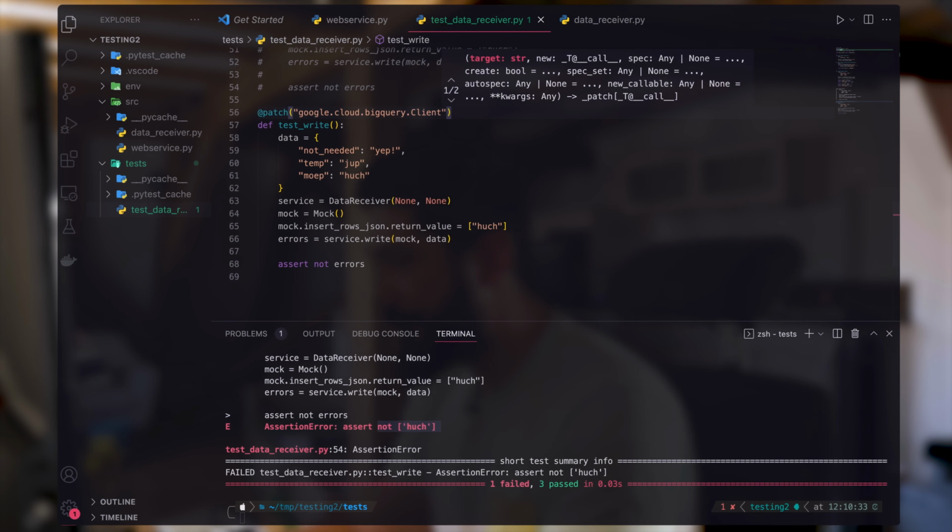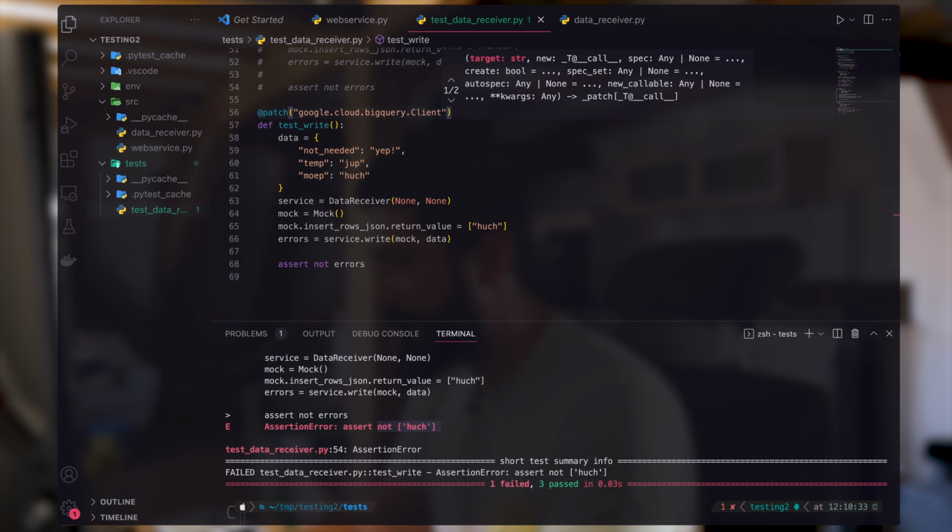So what this does is basically, whenever this class is instantiated, it gets mocked out, it actually uses a mock, and this mock gets passed now to your test method. So with this in place, I can remove that one here because that is basically now our mock, and I need to instantiate it, and then I can do basically the exact same thing. And let me also fix that one. And now basically it should behave the exact same way as it did before. So if I run it now,